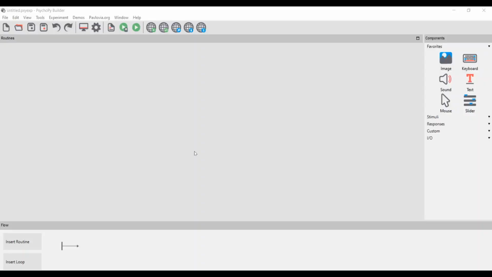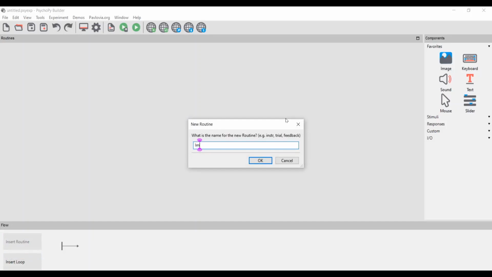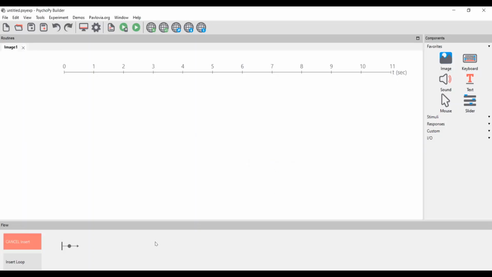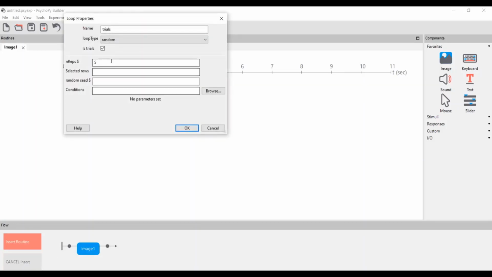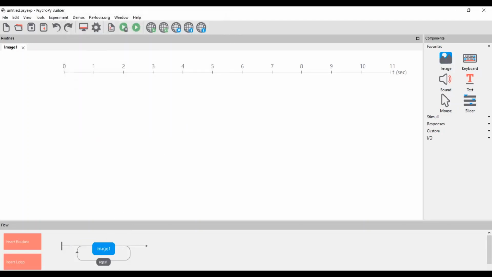So let's see how we can generate visual stimuli using PsychoPy software. First we need to add a routine into the flow. Let's add a new routine and name it image 1. Like we saw in auditory stimuli generation, where we repeated one particular audio 5 times, we will do the same to check the repetition functionality for the first image. The first image should repeat 5 times, but you need to define image 1 in the routine window.